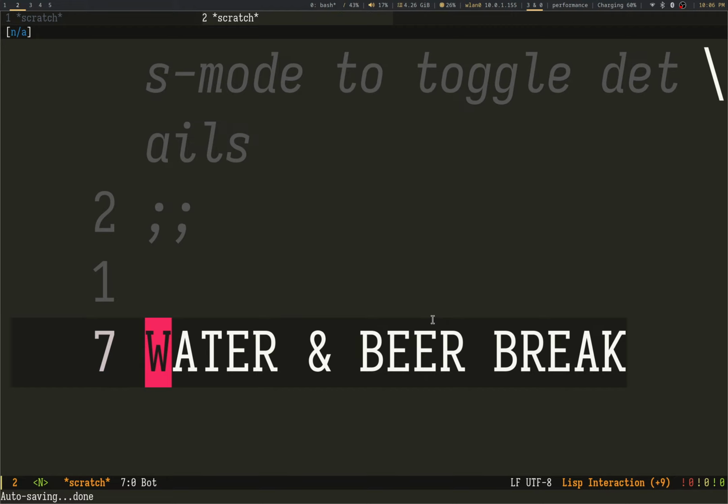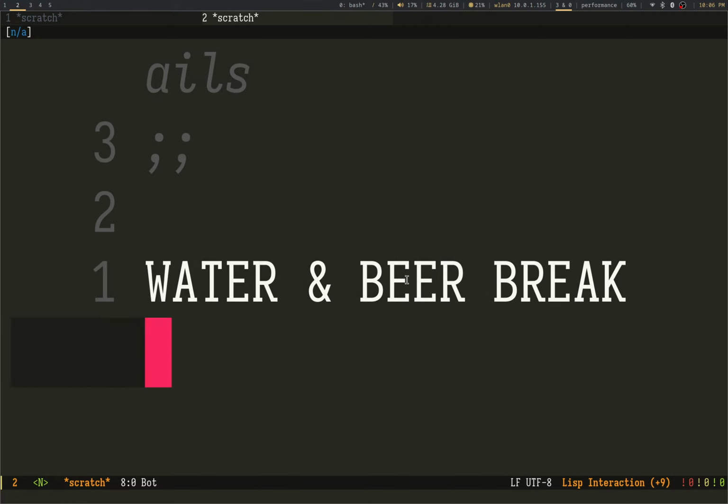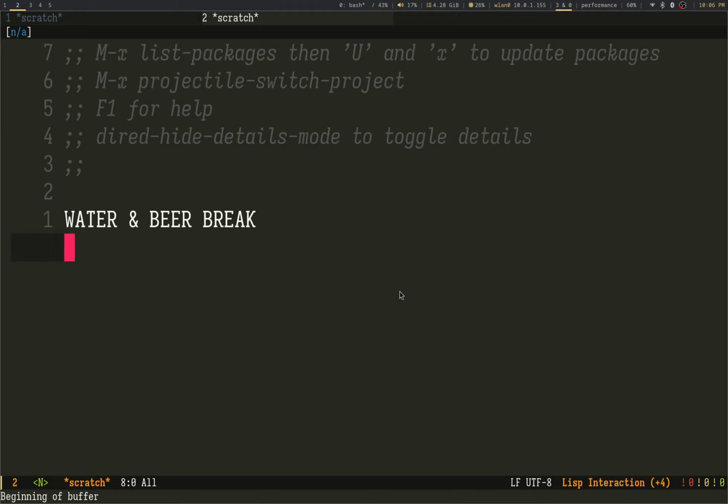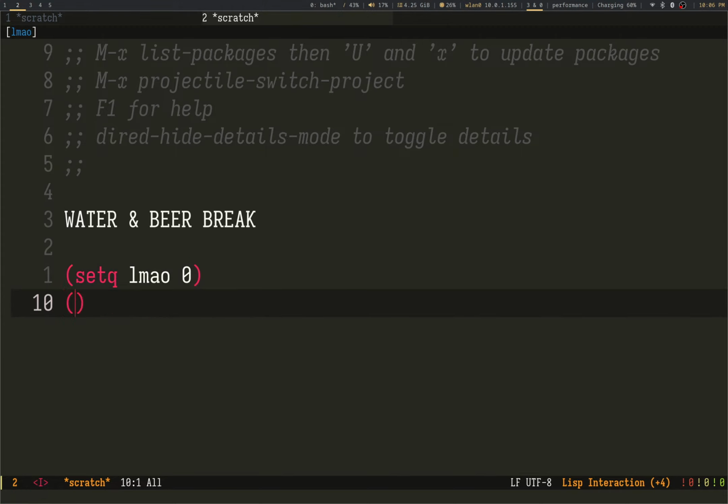Oh, you're probably not here, but this is another reason why I like Emacs. I mean, I like Neovim, but this is just nice.